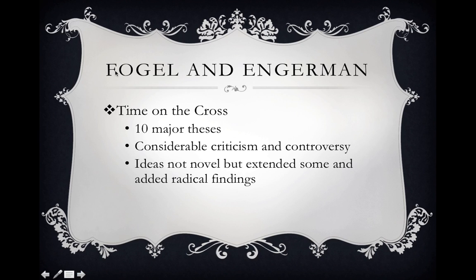CONRAD and MEYER is the first piece of research that's done on the economics of slavery. And the next important piece of research that we talk about comes from FOGEL and ENGERMAN, particularly their book, Time on the Cross. I read this in graduate school. It's a tough read, I'll tell you that much, but there are portions of it that are very, very illuminating. There's a book of appendices that go with it too, and going through that, I can tell you, is quite a daunting task.